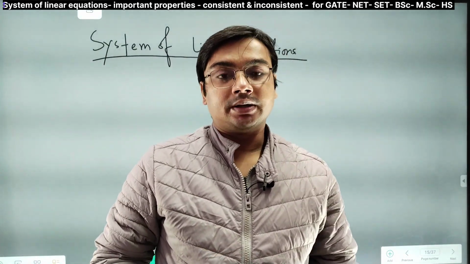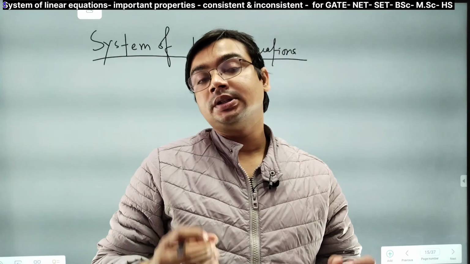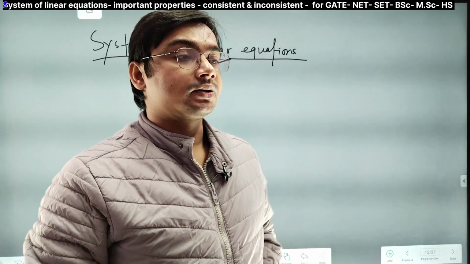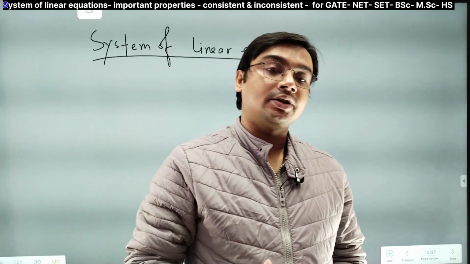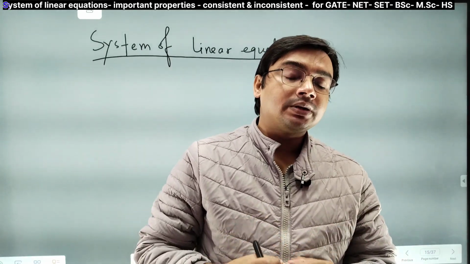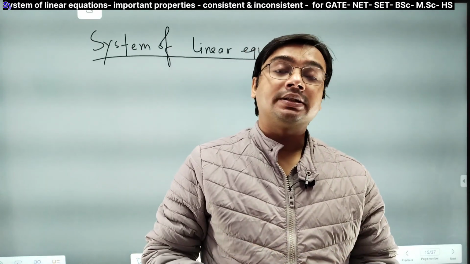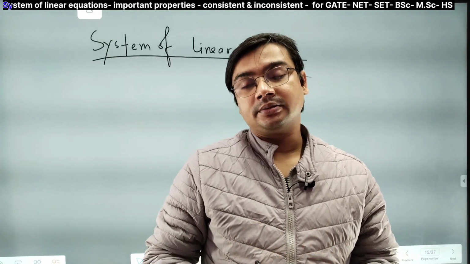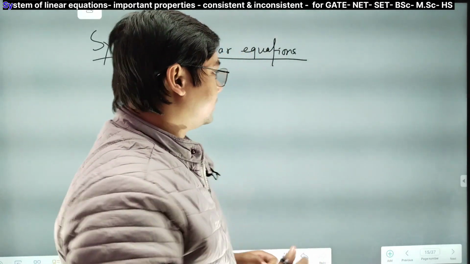Myself, Dr. Apil Sir. Here, I am going to talk about the system of linear equations. So, guys, what is a linear equation? A linear equation is an equation in which the highest power of the variables is 1. Yes, for example, suppose this one,